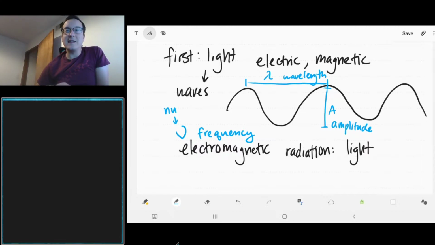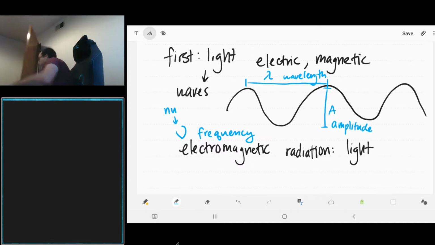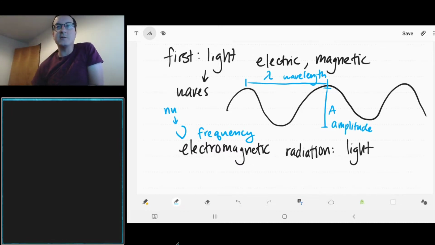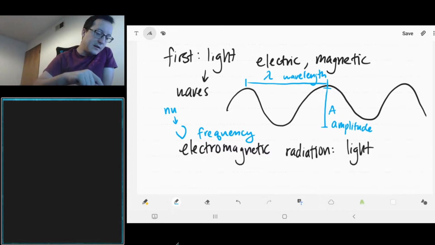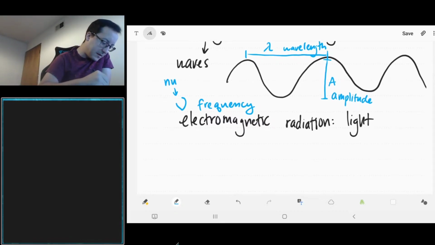Frequency is basically how many times a wave will go through its wavelength in a certain amount of time. So that's just how quickly it's going up and down. So if we're comparing some waves,